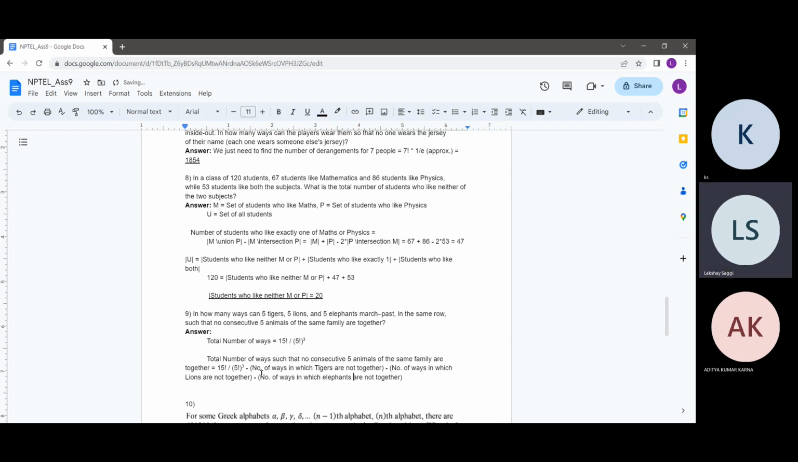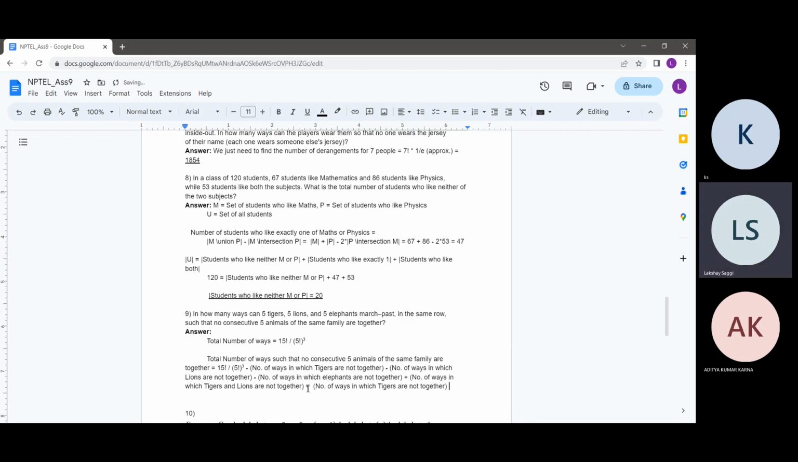These are the total number of ways. I don't want tigers to be together, I don't want lions to be together, and I don't want elephants to be together. So I subtract these three values, but while subtracting them, I'll be subtracting a little bit extra, which will be the number of ways in which tigers and lions are not together, taken pairwise,